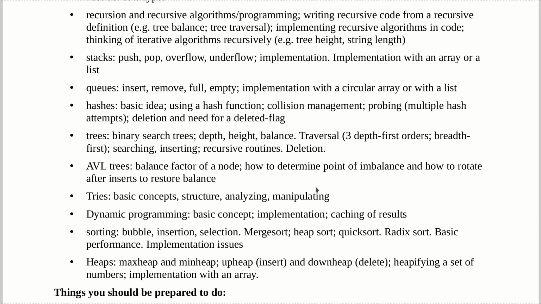Tries, you should know the basic concepts of a trie, right? It's a really wide node structure. If we're storing words, it would have a node for each letter. And it's also got this end of word or end of string field. And you take each letter of the thing you're storing and you follow a link. And if it points to null, then there's nothing coming off of that letter. You've got to create a new node. If it's not null, it's already pointing to another trie node, and so you just move down to that